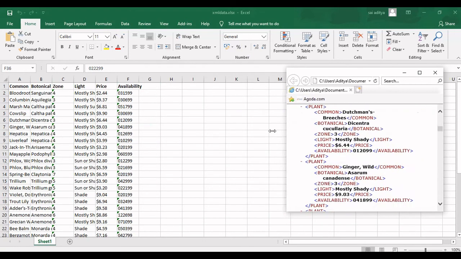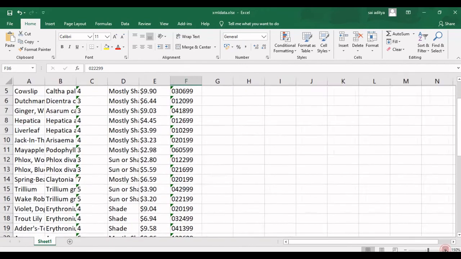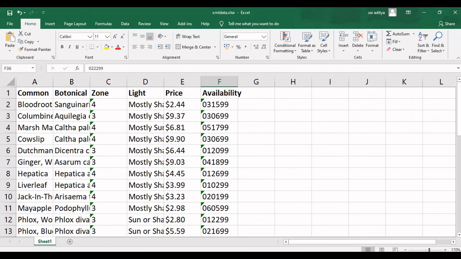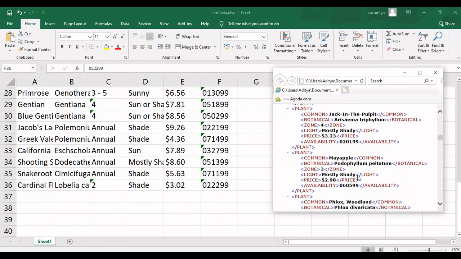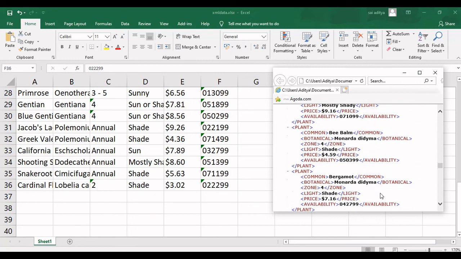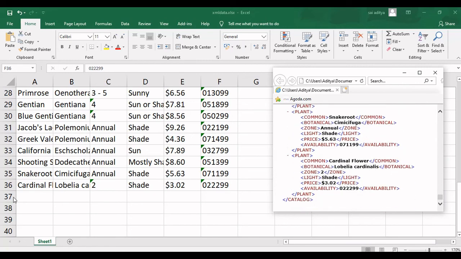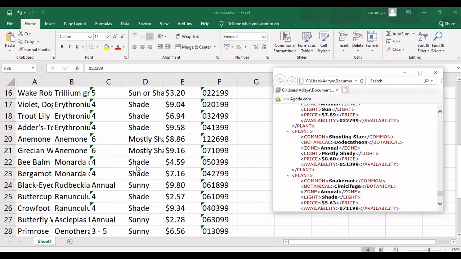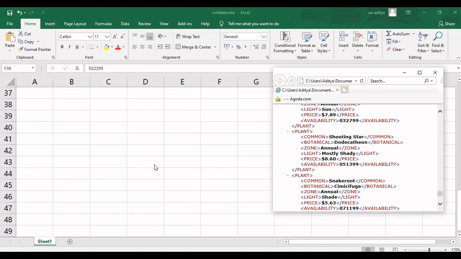You can increase this so that you can verify the last one and assume that everything went right. And the last one is Cardinal flower, shade, $3.02, 2299, and this data is absolutely executed fine and returned back to the Excel file.